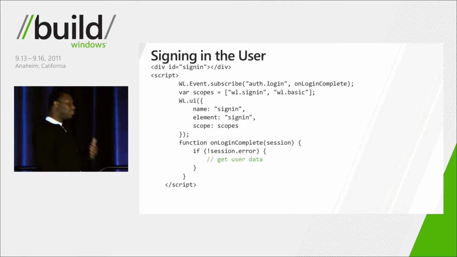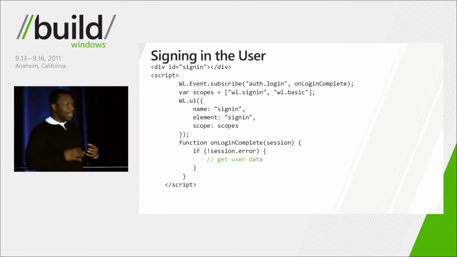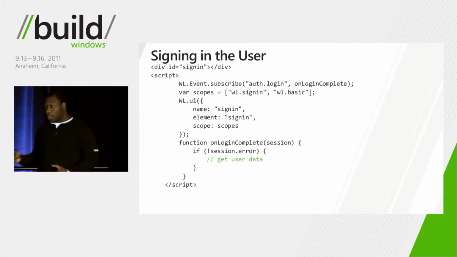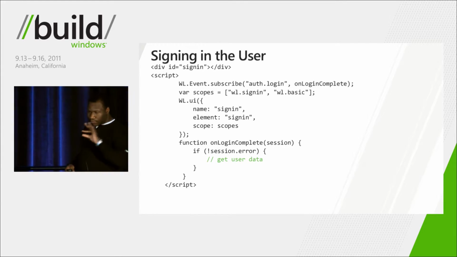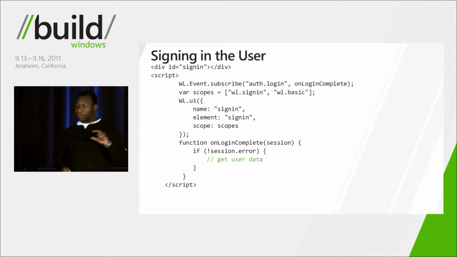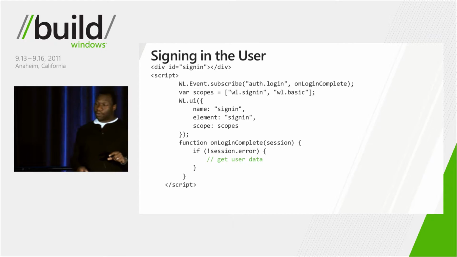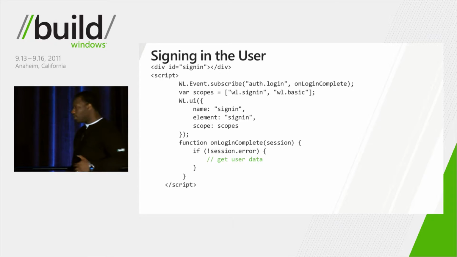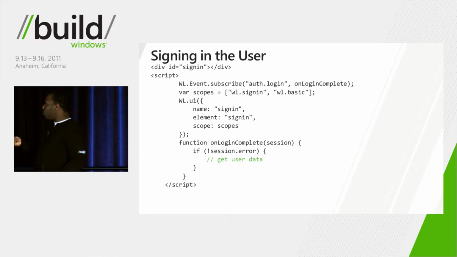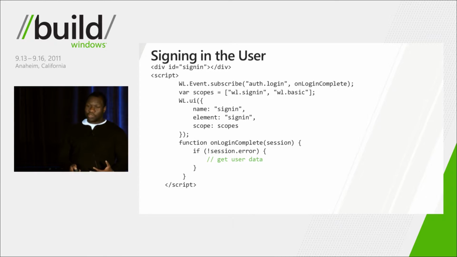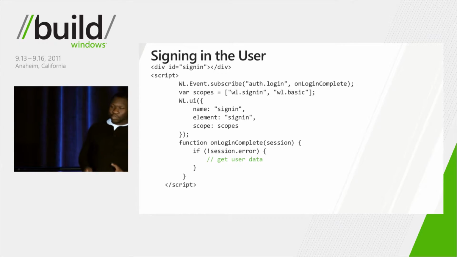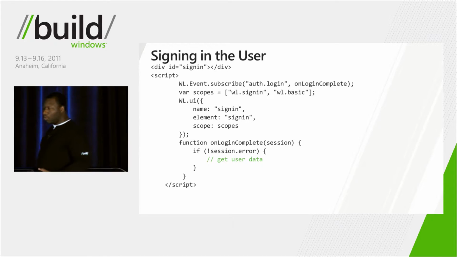Scopes are the discrete chunks of permission that an application can request. In the SkyPy demo I just showed, all of those individual lines where the application is asking for access to my SkyDrive information or my profile are scopes in this context. Here we're asking for the sign-in scope, which is what causes the single sign-in experience to occur, and the basic scope, which is basic access to users' profile information, their name, their picture, and so on.